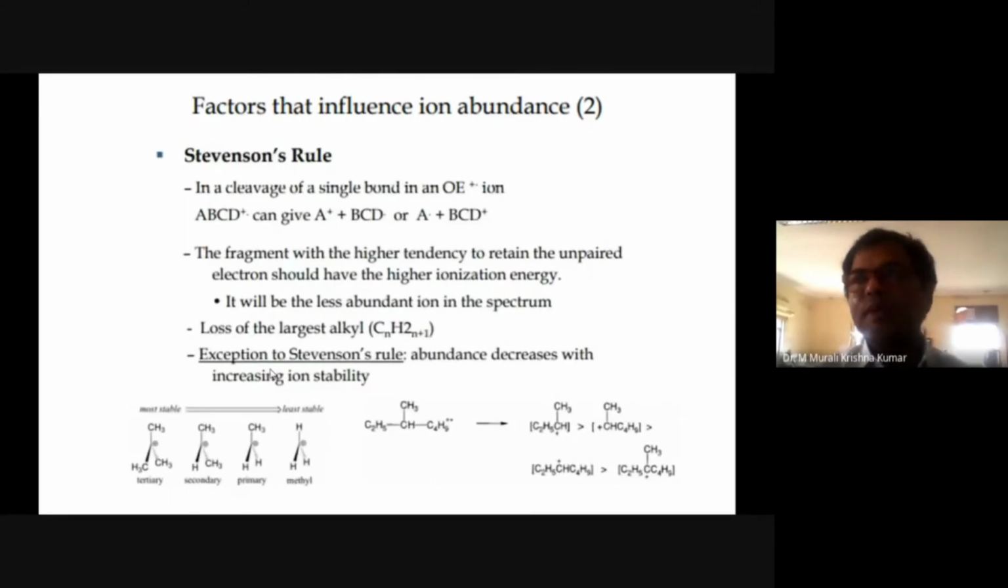But there are so many exceptions, because of which they introduced the ionization energy concept here. So what is the role of ionization energy? The more the ionization energy, the more easily that particular chemical entity can be ionized, meaning it can bear the positive or negative charge. So if the ionization energy is more, the ease with which the ion can form is more, and greater abundance will be there. Okay. So in this way we can understand.